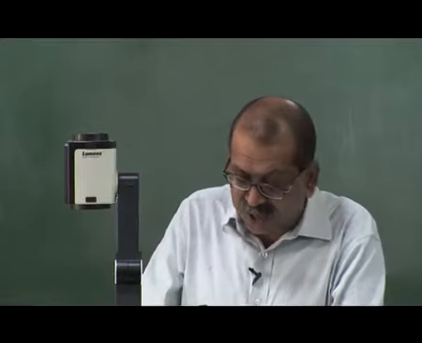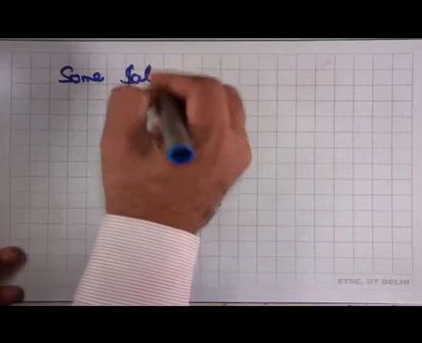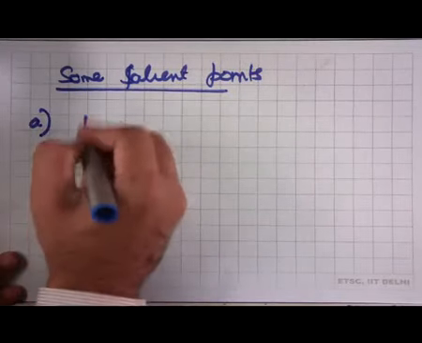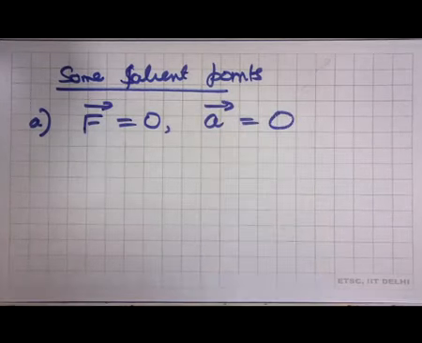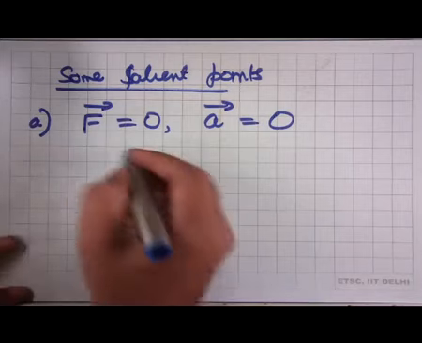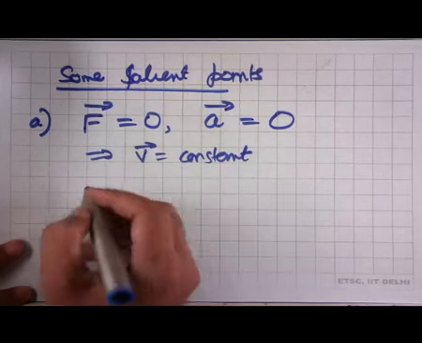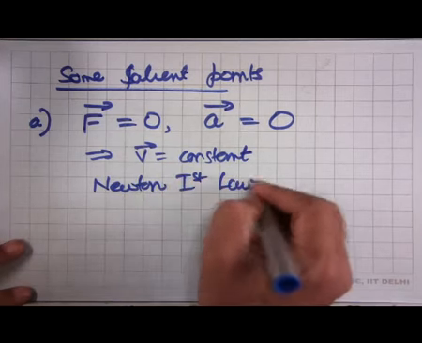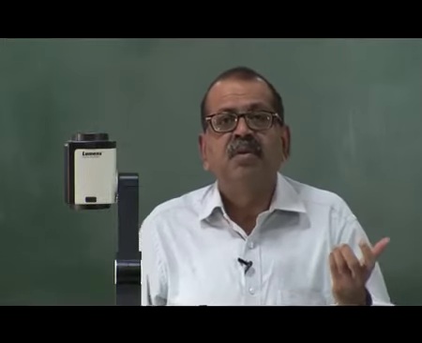So, now if we try to look at some salient points about Newton's second law, the first thing we realize is, if the sum of the external force is equal to 0, then acceleration is equal to 0, and if acceleration is equal to 0, this will imply that velocity is equal to constant, and that means this is what is Newton's first law. So, therefore, some people even refer to Newton's first law as a special case of Newton's second law,